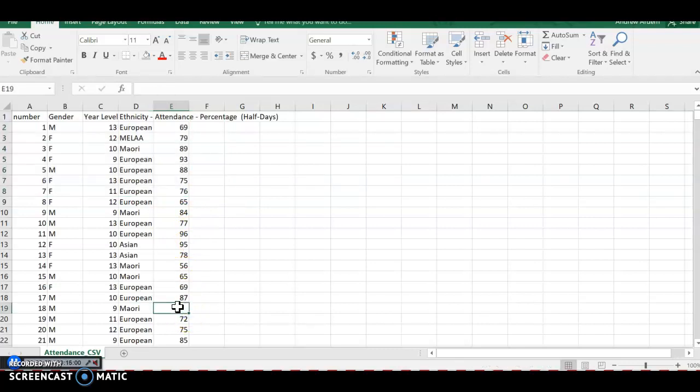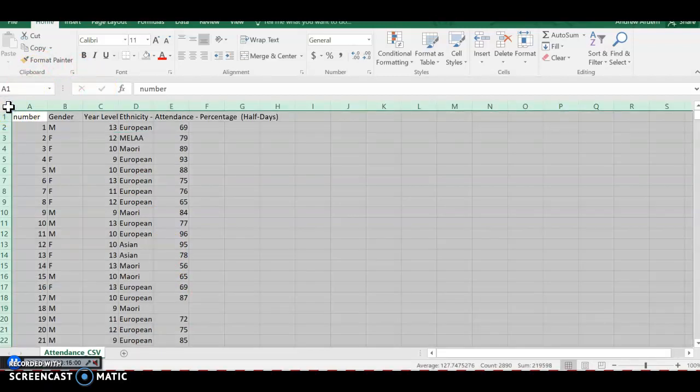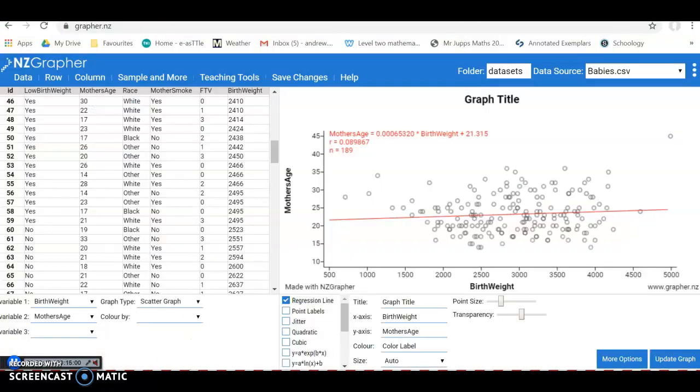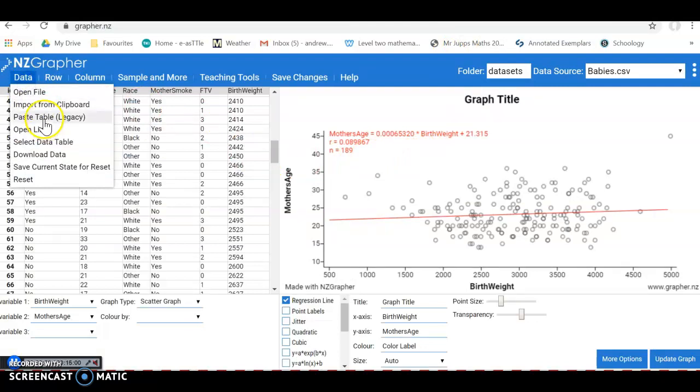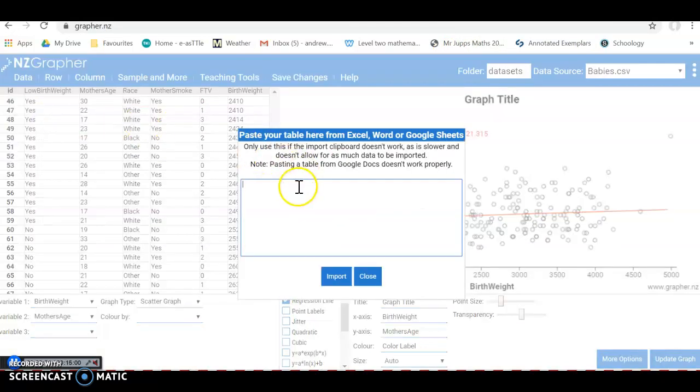You have to think practically whether you delete a blank or whether you leave it in there. And it'll be different for different people as long as you have thought about it. I'm just going to leave everything in there for the time being. I'm going to go Control C, highlight, Control C, find NZ Grapher, so you might have to Google it, click on Data, click on Paste Table, Control V,